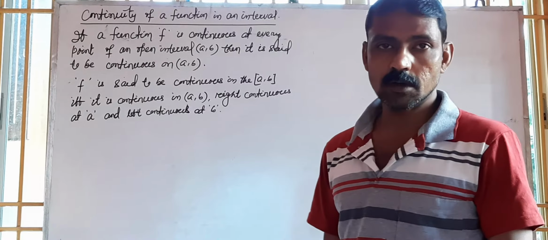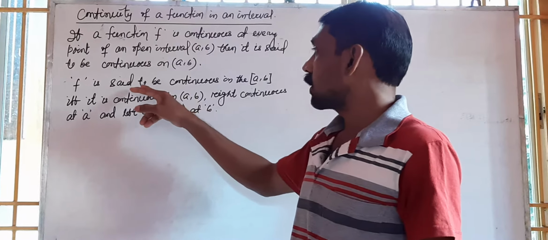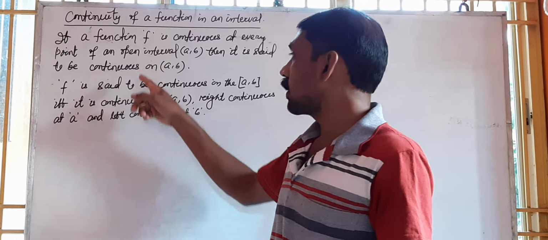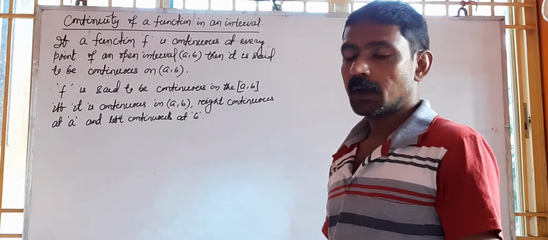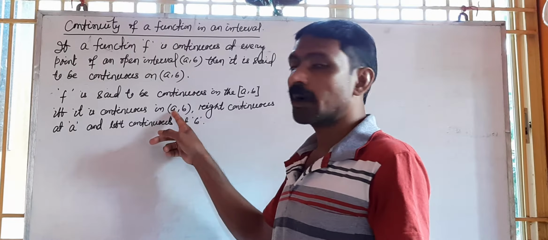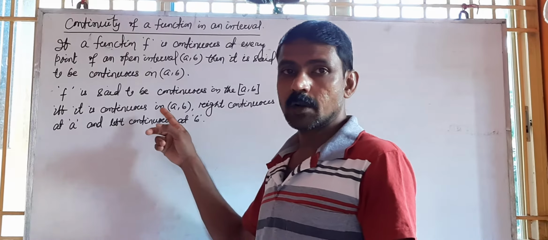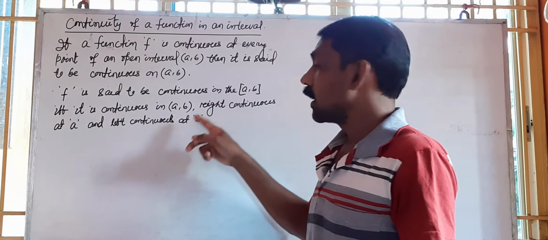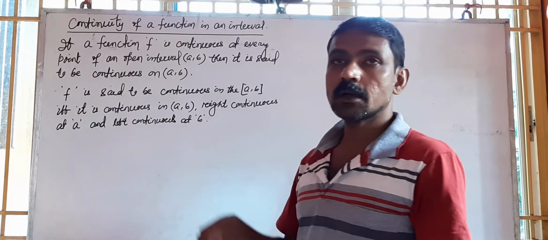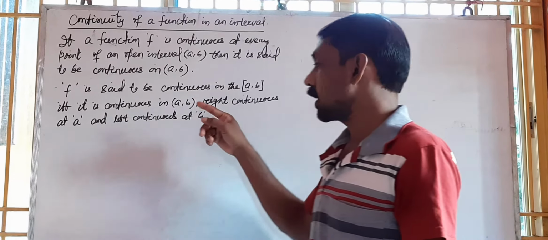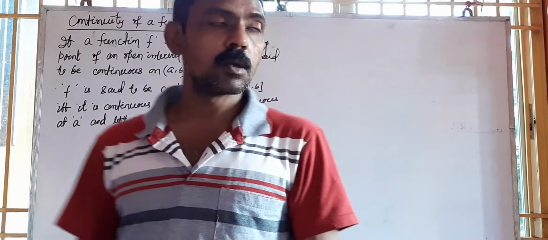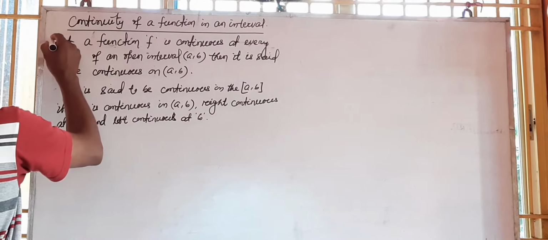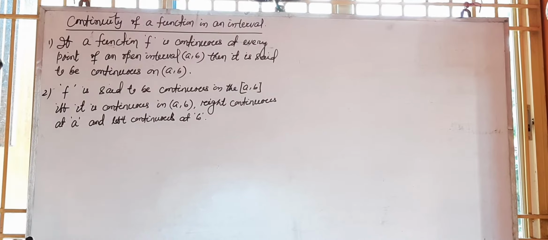of the open interval. And it is said to be continuous on a closed interval [a, b] if first of all it is continuous in the open interval, it must be right continuous at the left end point a, meaning the limit of f(x) as x tends to a plus equals f(a), and it must be left continuous at the right end point b, meaning x tends to b minus, then only we say that it is continuous. So if we combine these two conditions,